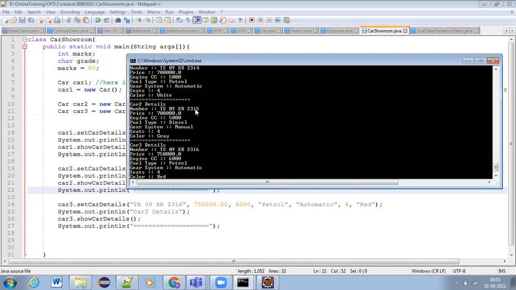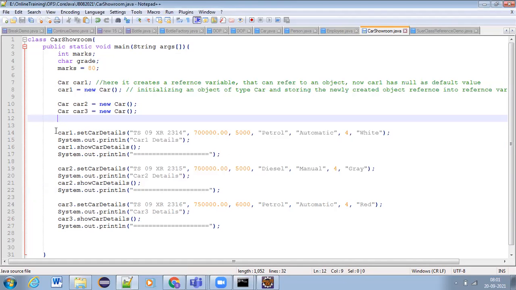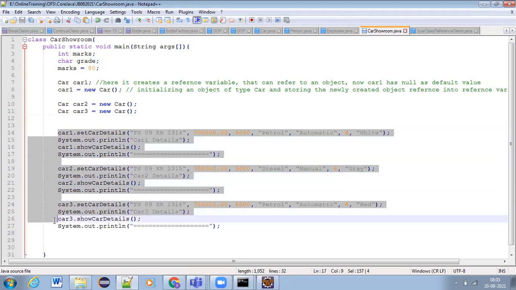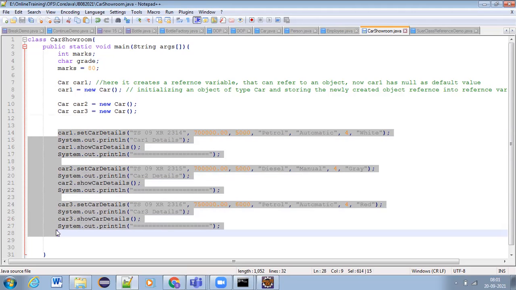Here car 2 is 2315, 7,05,000, diesel, manual, seats 4 and color is gray, and here it is a red car. So in this way we can make our objects realistic by parameterizing the methods. Is it clear, guys, how we decide parameterized or non-parameterized methods? Clear?